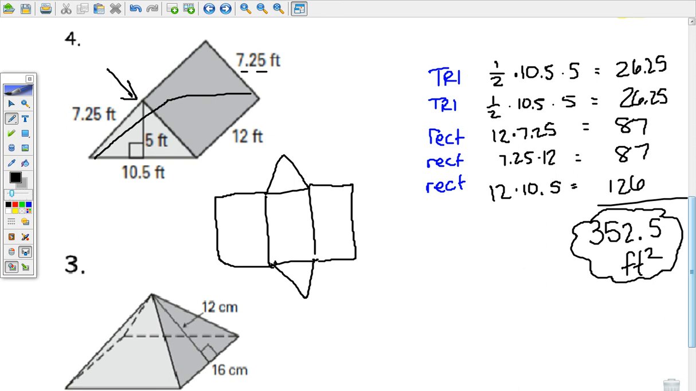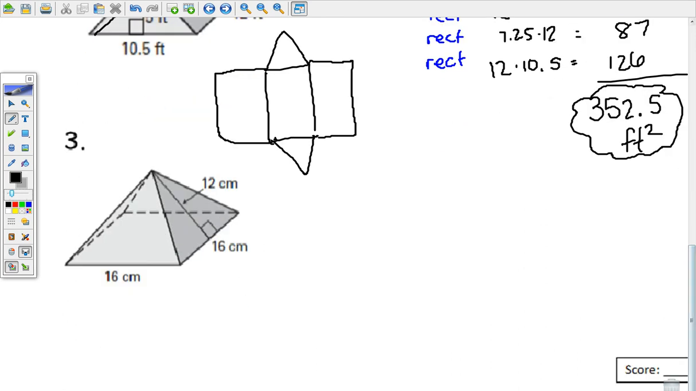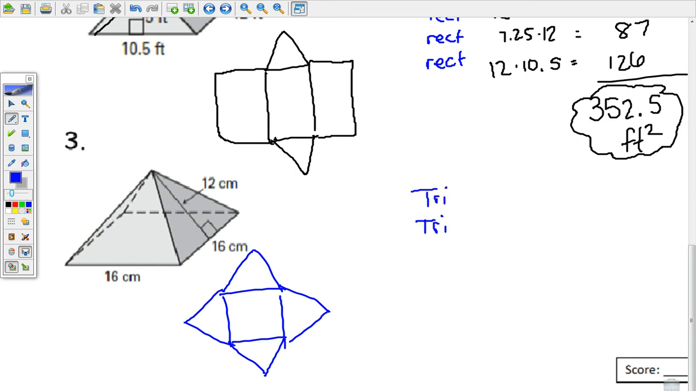Next one. Last one is a pyramid. I don't know why these numbers are out of order. Sorry about that. But the pyramid, if you look at a net of it, we have a quick little sketch here. We have 4 triangles and 1 square. Let's start with the square. Since this is a square pyramid, we have 16 times 16, which is